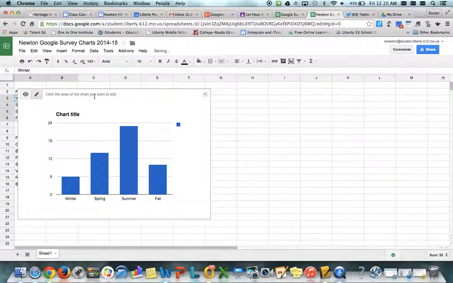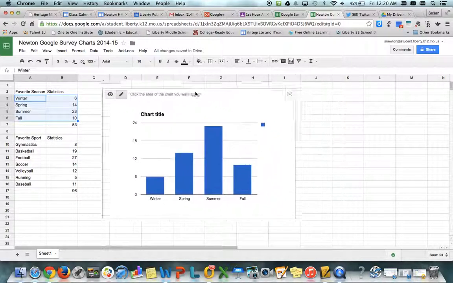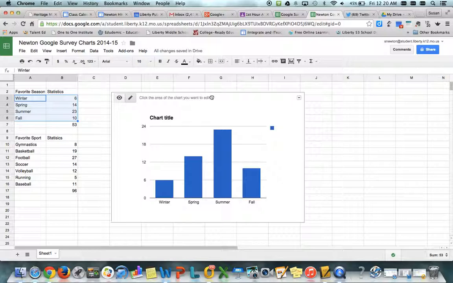All right, so notice that Google Spreadsheets drops it right on top of your data. What you want to do is move it out of the way so you can still see your information. And now we're going to edit it and make it look the way we want it to. Notice it already put in the labels for us and charted the information. Now we just make it pretty or the way we want it to look. So you can click in here. Chart title is going to be